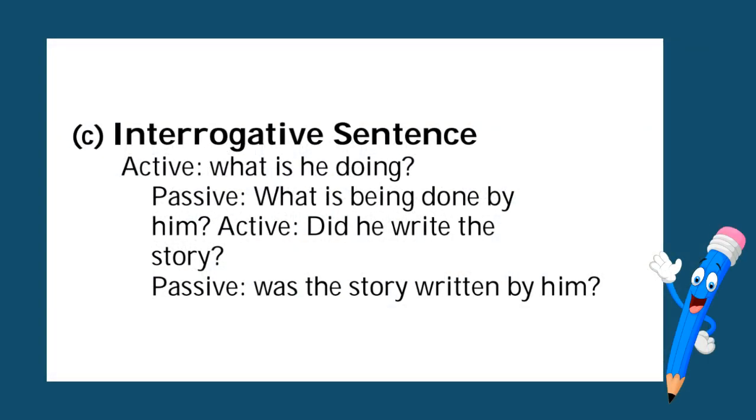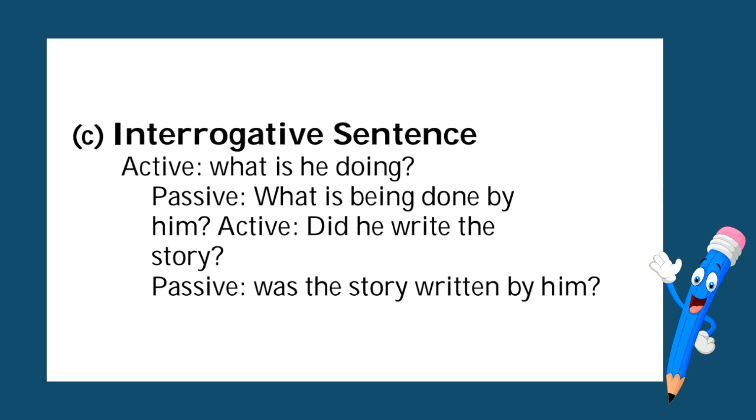Next, we are moving to the interrogative sentence. That means questions. How can we change a question from its active voice into passive voice? See this example. What is he doing? That's an active sentence. How can we change that into passive? What is being done by him? Okay, is being done. Is doing became is being done. Now, the point is we already studied how the verb forms are to be changed in each tense. The same should be followed, but in sentence order we should remember that it is a question, so the question word should be there at first. Okay, that's all.